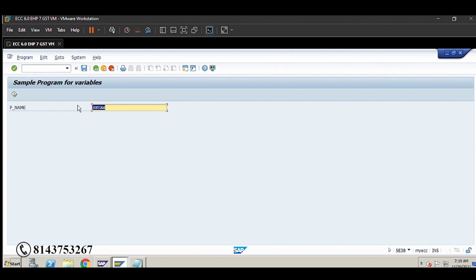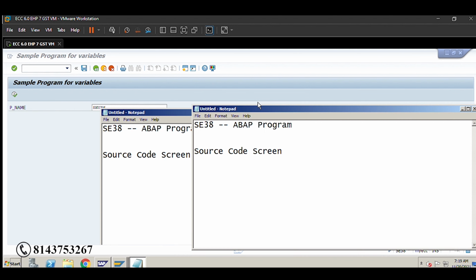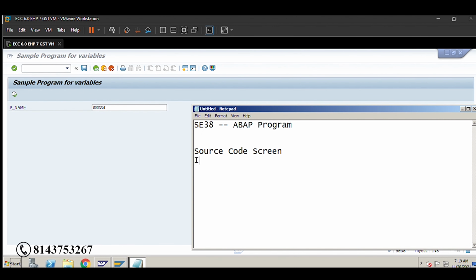Okay. When you execute it, it will display some screen with some input fields. So it is an input field, right? So where you can provide input to it. Okay. So then it is called input screen or selection screen. Okay.